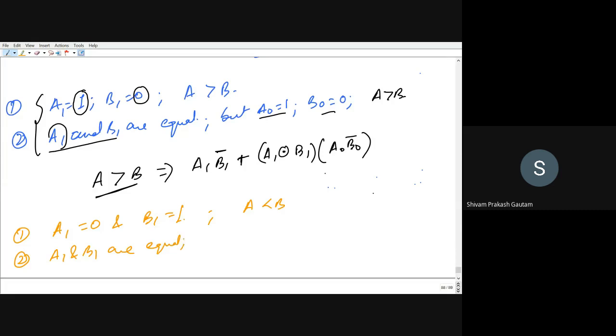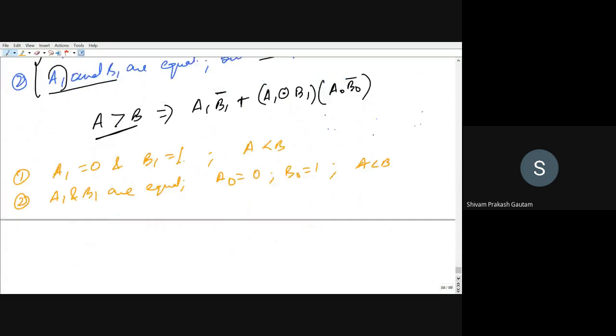A1 and B1 are equal, and A1 is equal to 0. Sorry, A0 is equal to 0 and B0 is equal to 1. In this case also, A is less than B. Now, if you want to represent this in logic, so this will be equal to A less than B, can